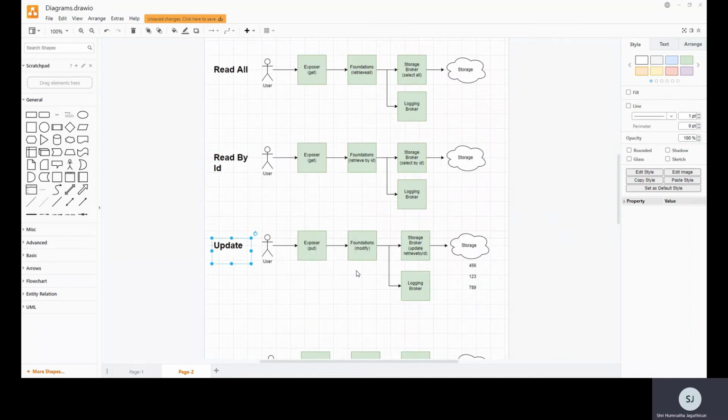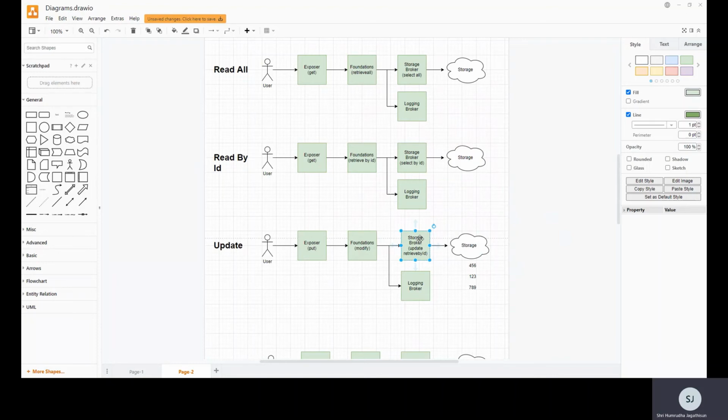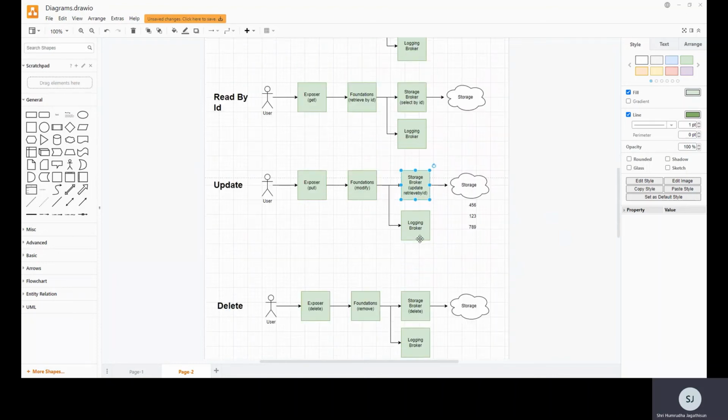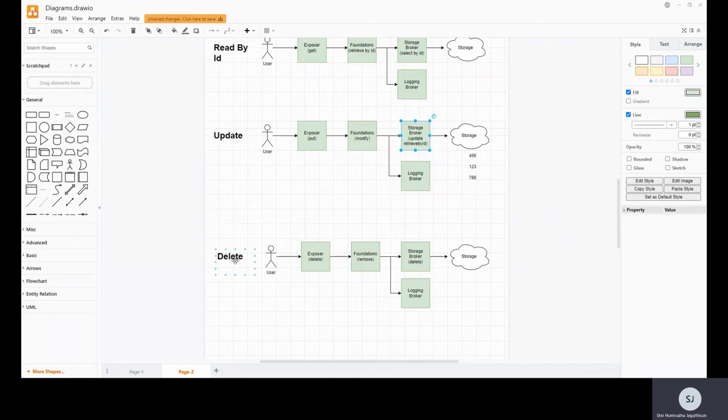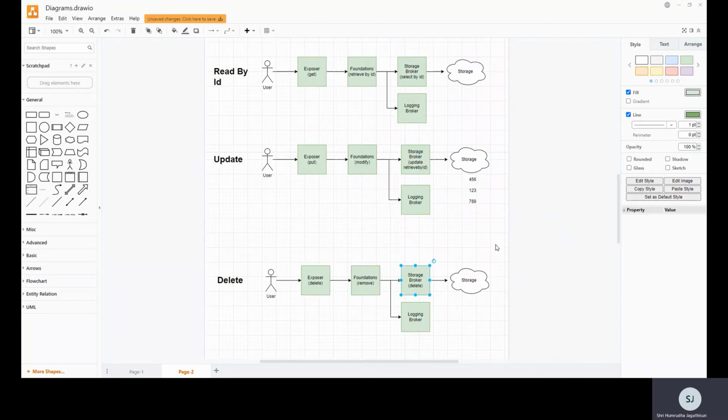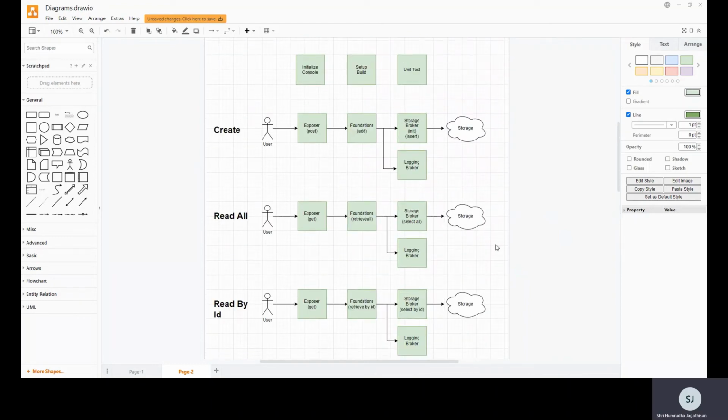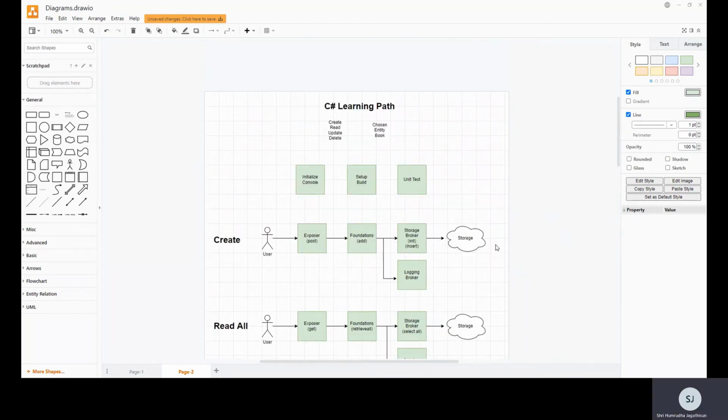After that, we worked on update, where we saw how modify works. So we were basically trying to remove everything, and then we were trying to add the record. So that is another interesting piece there. In terms of delete, we also saw that if the record is found, it's going to return true, and otherwise it's going to return false. So based on the output, we can have the customized message coming back. So with this, we are wrapping up our C# learning path, where we focused on some basic concepts of C#